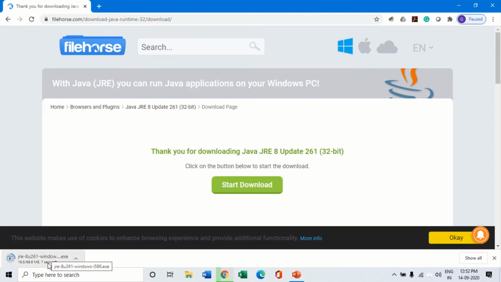Here again an exe file, that is the Java runtime environment exe file, gets downloaded onto your system, and you can run this executable file and install this on your machine so that you can get the full functionality of your OpenOffice. If you do not do this, all the options of OpenOffice may not run, especially with the database options. So this is compulsory for you to download on your machine.